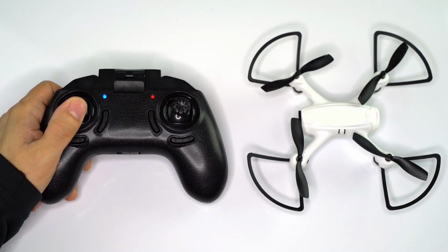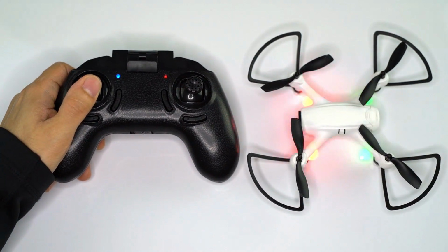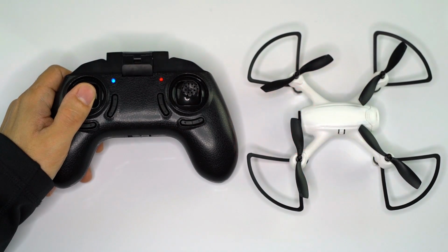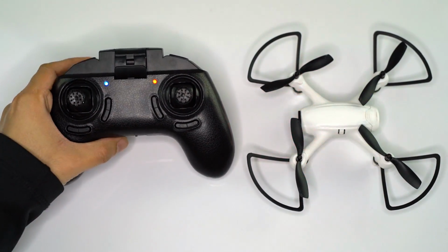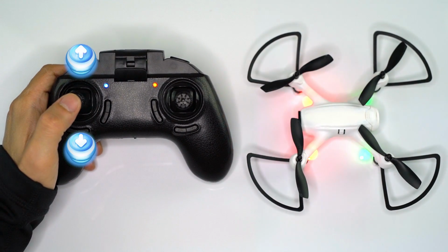Continue holding the left stick down and power on the drone. The LED lights on the drone will come on and flicker rapidly for a moment. Once they start blinking intermittently, release the left stick on the controller. To pair the controller with the drone, while the LEDs on the drone are blinking, push the left stick up and down